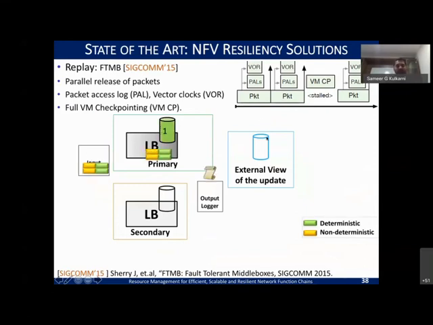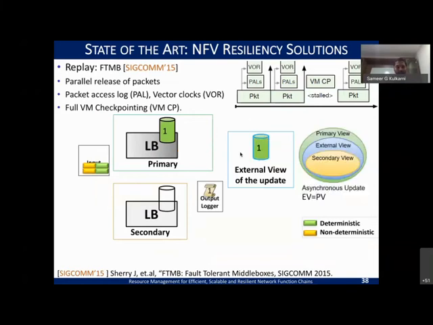So you can see again in the same scenario, let's say this load balancer logic were to run, and for all the packets at this instance, you just chose one as your backend server, you would log your output that you chose one as your backend server. But you let go the packet, so you can still see that the secondary was not updated. While the primary had its state, the critical part of the primary state is being logged here, which is a very small delta, and you let go the packets, right? So that way you are processing the packets and ensuring that you log only the necessary information while letting the next set of packets go.